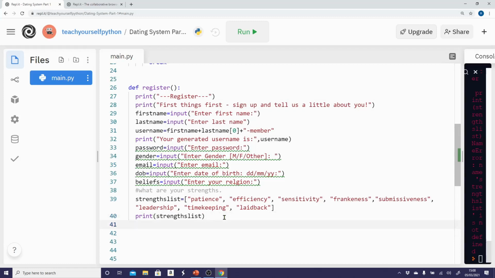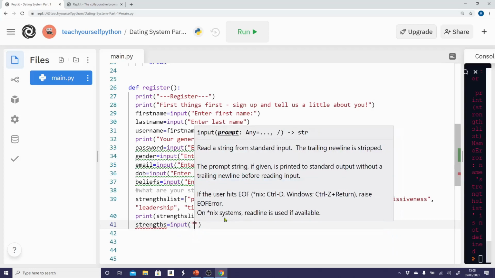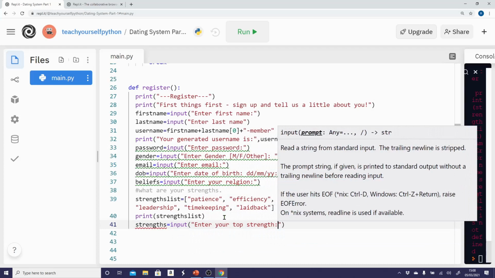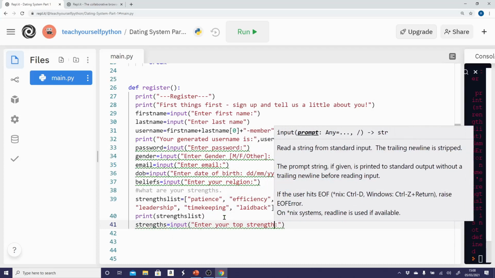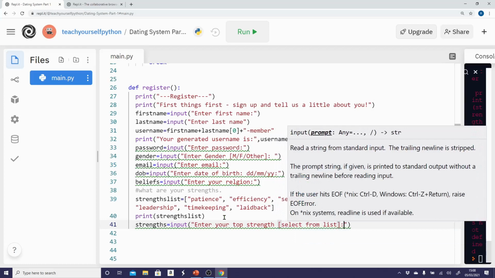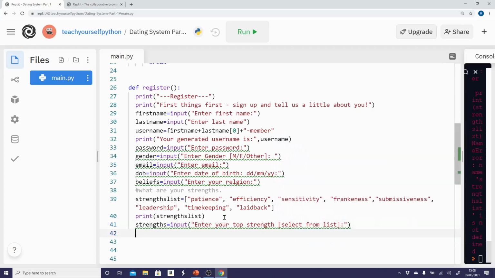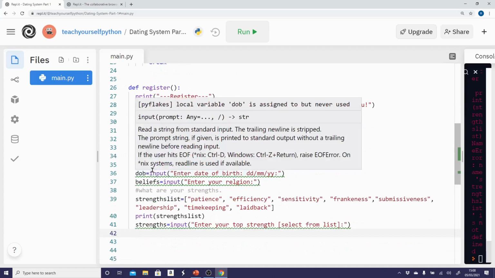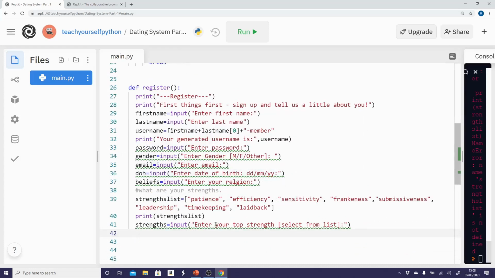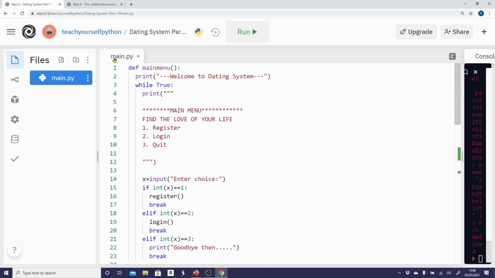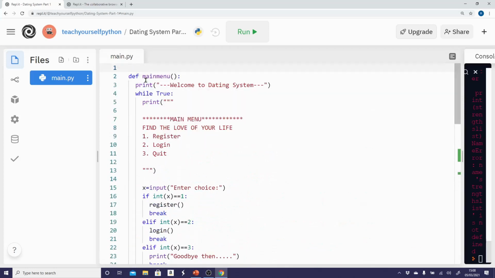Now, we're going to ask the user, we're going to declare a variable called strengths, and we're going to say input from the list above, enter your top strength. In case they don't know, they select from the list. And now, this is the bit where we need to actually write this to a file. So remember, when someone registers, we don't want to just lose all that information. We want to store it so the next time they come in and try to register, they can pick up where they left off. And in order to do that, we need to use something called a comma-separated value